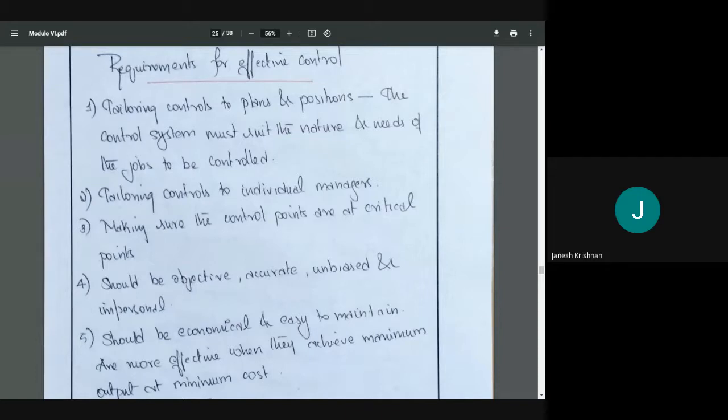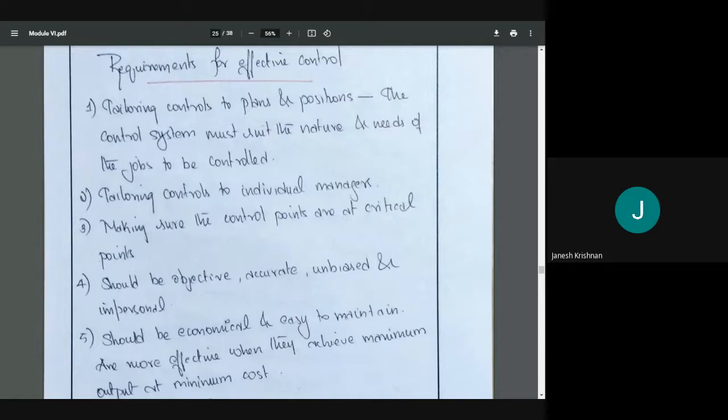Like the chef who is monitoring many cooks: when will he taste the food? When all the ingredients have been added. After all the ingredients have been added, the chef will go and taste the food and say, okay, it's okay, or no, you have not. Sometimes he may say, this is not up to the mark, change some ingredient or add something. So make sure the control points are critical points. Just before adding any ingredient, you cannot go and check, because that is wastage, right?